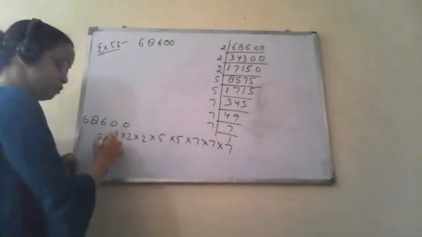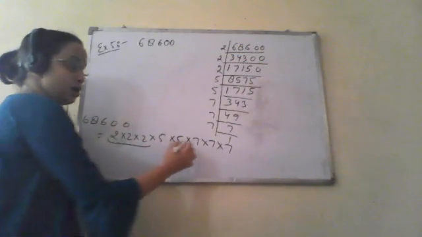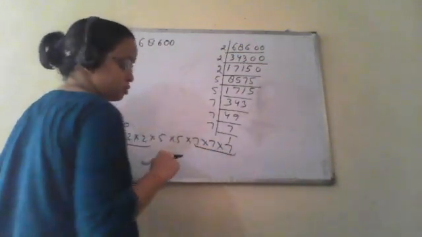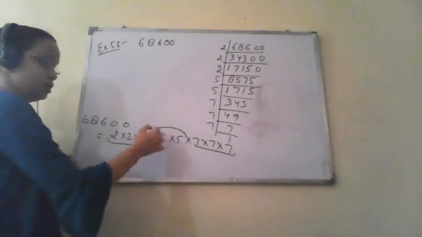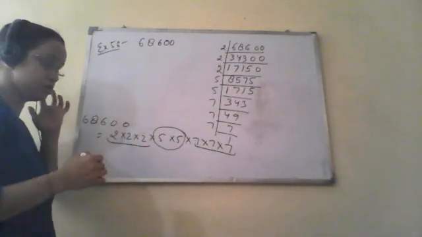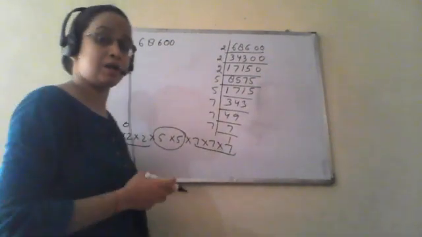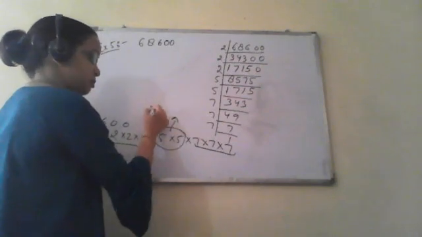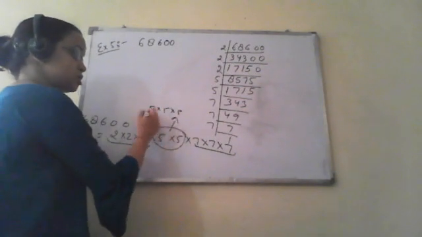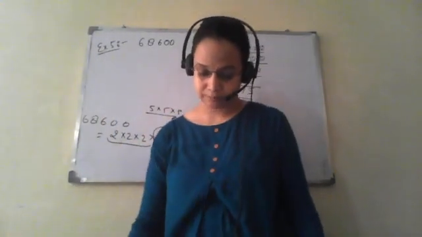So the triplet of 2 is complete, that is it is appearing 3 times, that is 1 2 3. And the triplet of 7 is complete, it is also appearing 3 times. So this 5 is incomplete. So what is left in this part? Only one 5 is left. If we multiply this number by 5, this triplet will be complete, so it will become 5 into 5 into 5. So this triplet will complete and this number will become a perfect cube. Okay.